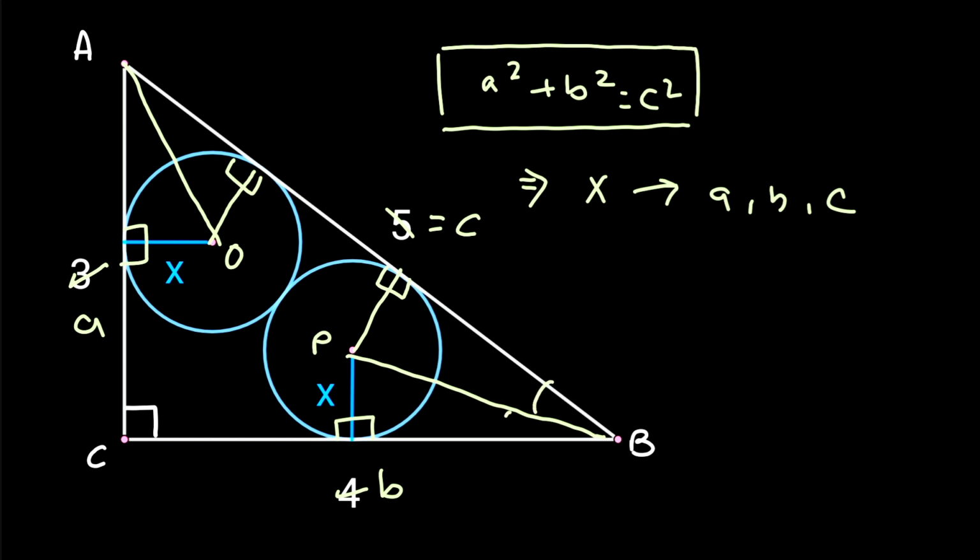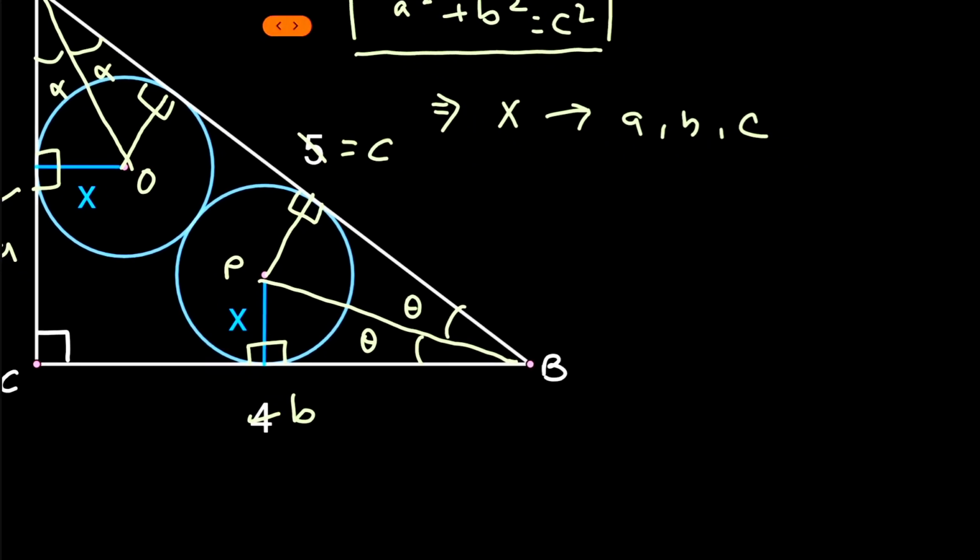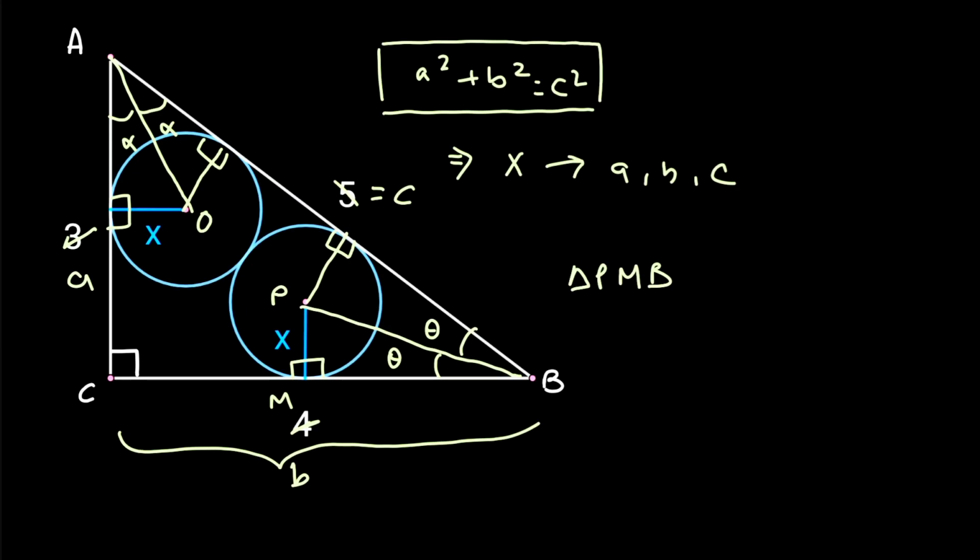Therefore, this angle and this angle become equal, and let it be equal to a variable theta. Now similarly on the top, these two triangles are congruent, and again this and this angle will become equal, and let it be equal to a variable alpha. Now look over here in this triangle, let this point over there be the point M. Now look at this triangle PMB. Let me just remove this B from here. Now let the distance of the line segment MB be equal to a variable Y. So now in this right angle triangle PMB, the value for tan theta would be equal to X upon Y.